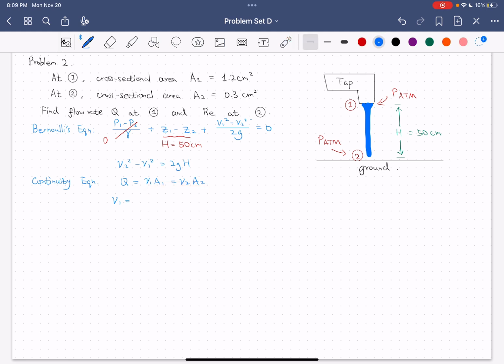We have V1 equals A2 over A1 times V2. And we know that A2 is 0.3 and A1 is 1.2. So V1 will be 1 over 4 V2. So we substitute this equation back into our simplified Bernoulli's equation. We will have